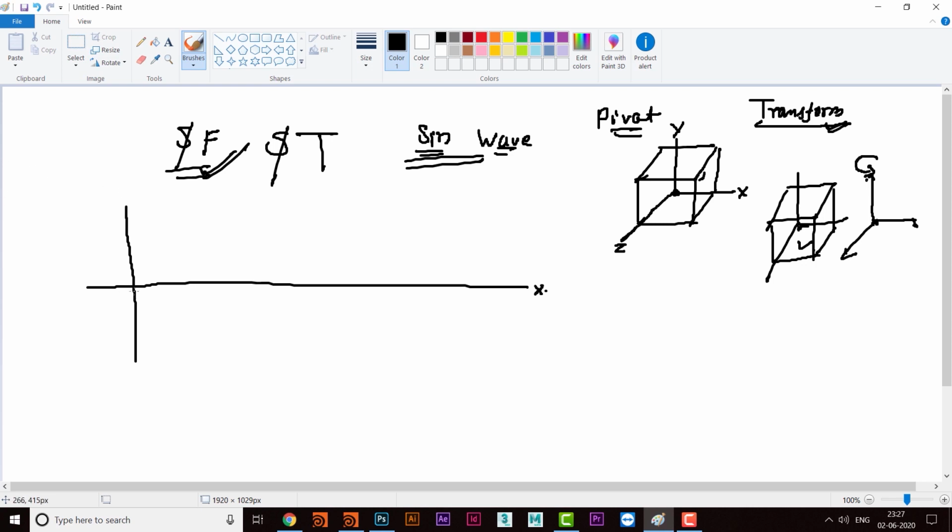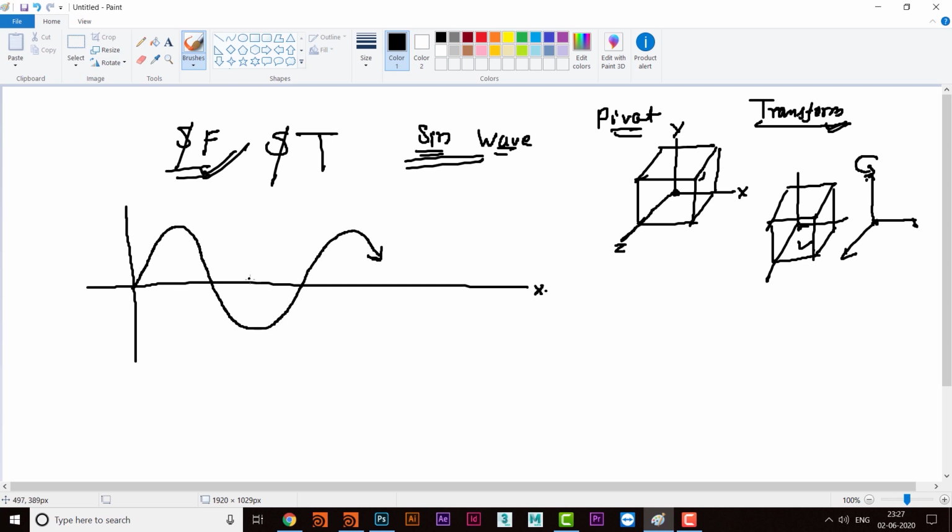I read sine 0 is 0, sine 90 is 1, and then sine 180 is again 0. Why? Because that is a wave. So sine starts with 0 in the graph, then it goes up, then it goes down, and then it goes up, and the cycle goes on.